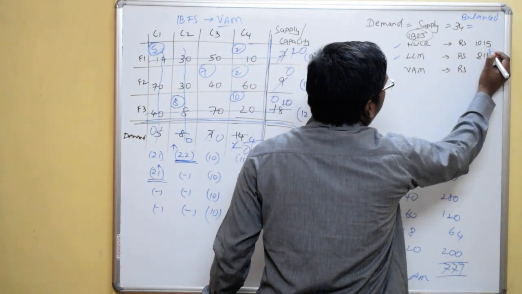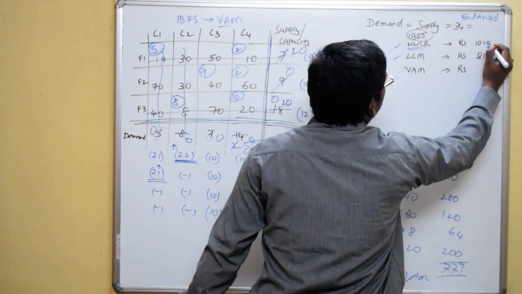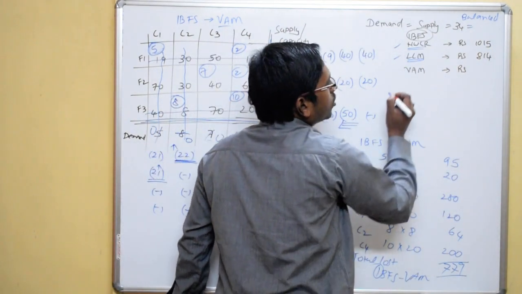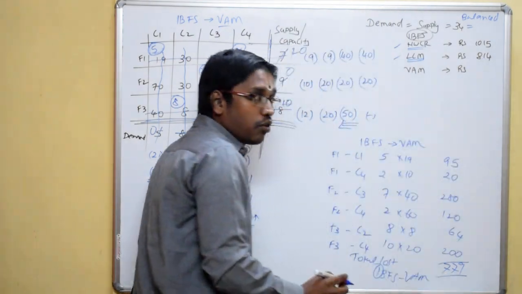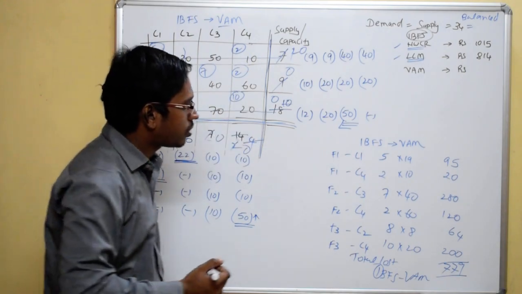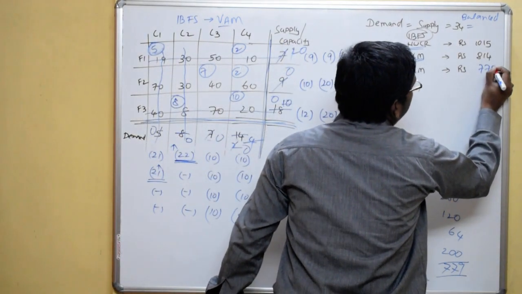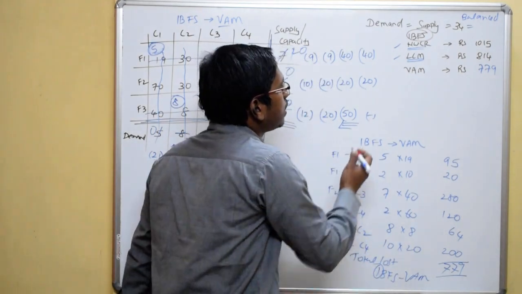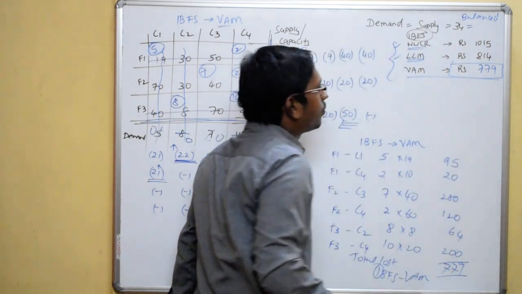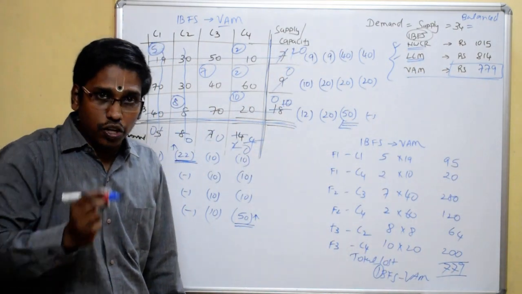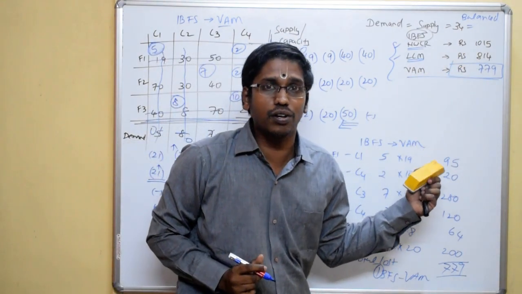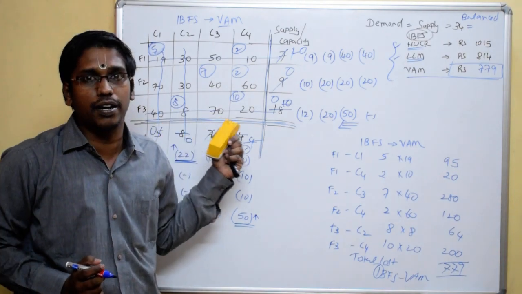When we obtained a solution using Northwest Corner rule, the cost was 1015. When we obtained solution using least cost method, it was 814. For the same problem, when we have changed the pattern of transportation, the cost is only 779. So till now, out of the 3 methods that we have learned, you find the cost is least with Vogel's approximation method. I don't mean to teach that this is the least possible cost. No. Because we have not tested this solution for optimality.